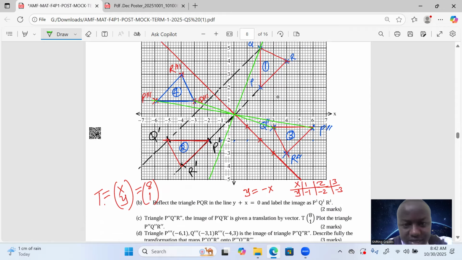Now, in case the bisector is the same line, in case the bisector repeats itself, then ladies and gentlemen, it will be a reflection. But if the bisector doesn't repeat itself, then it means